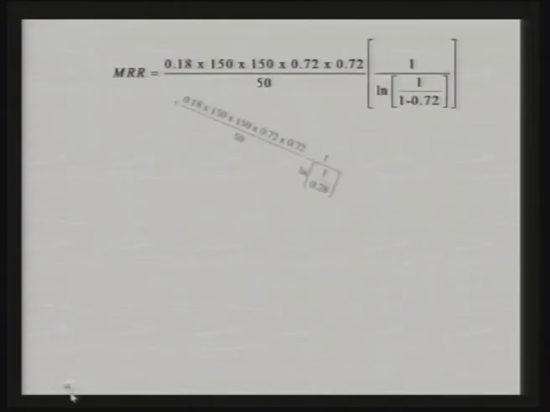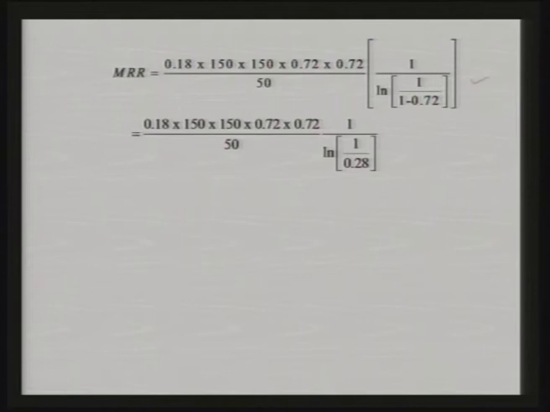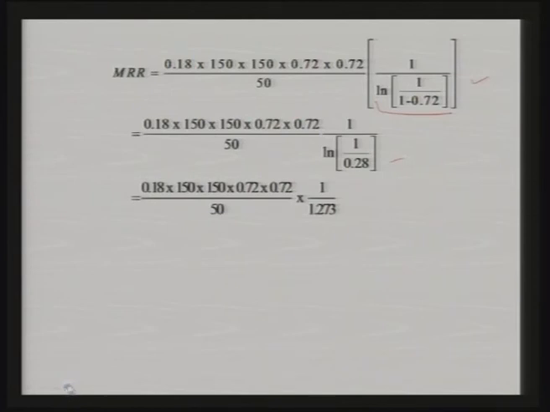Let us substitute these values in the equation like this over here, and you can find out this natural log of this particular factor. You will get 0.28 over here, and if you simplify this, you get like this. Here this is the K1, supply voltage square over there, and 0.72 is the multiplying factor, so that you really get Vv square from this particular factor. This is the resistance and this is that particular factor. So, you get volumetric material removal rate as 32.985 cubic millimeter per minute.